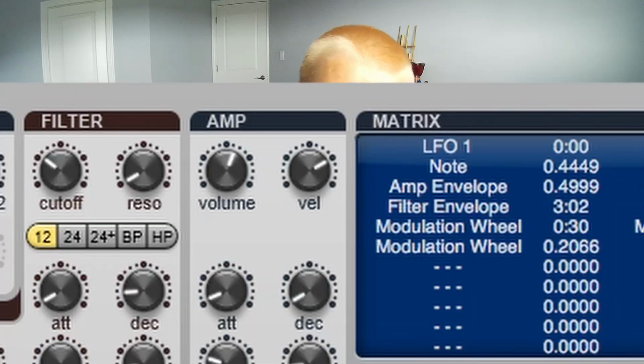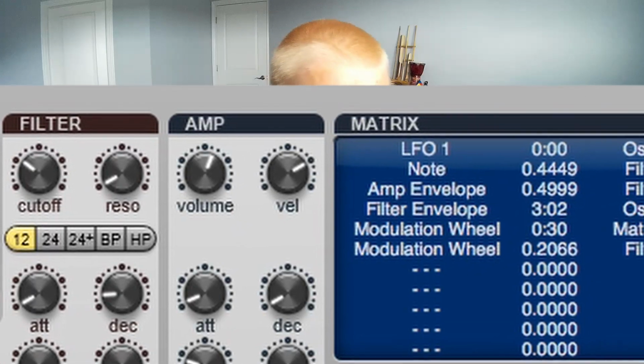Now on top of that, how long it takes to get to that volume is decided by this decay. So if you have the decay all the way down, it does the attack, which is high, and then immediately ducks down to the sustain. But if you have a long decay,